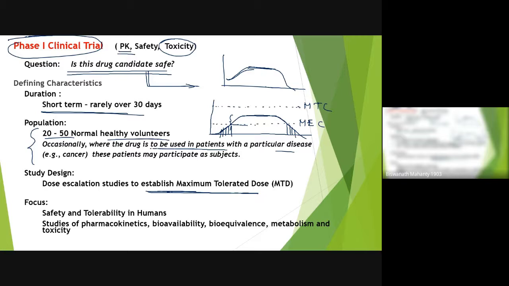Similarly, if you take some other dose, you may reach the toxicity level and come down. For this also, you will only experience anything good between these two periods. Only this small hour, you will have any benefit. Similarly, during this small time period only, it is beneficial for you because it is in between MEC and MTC. Above this means it is already toxic. You are already experiencing some toxicity. So drug concentration is to be really carefully managed.